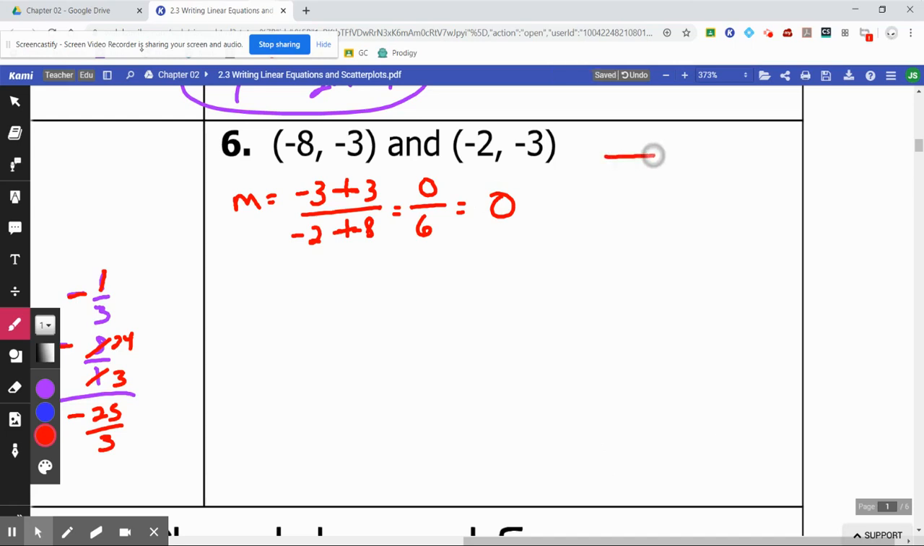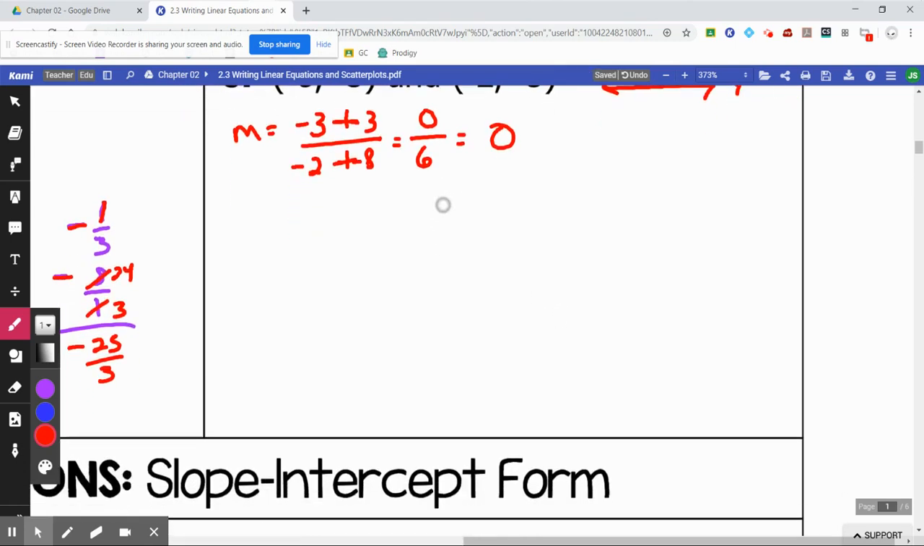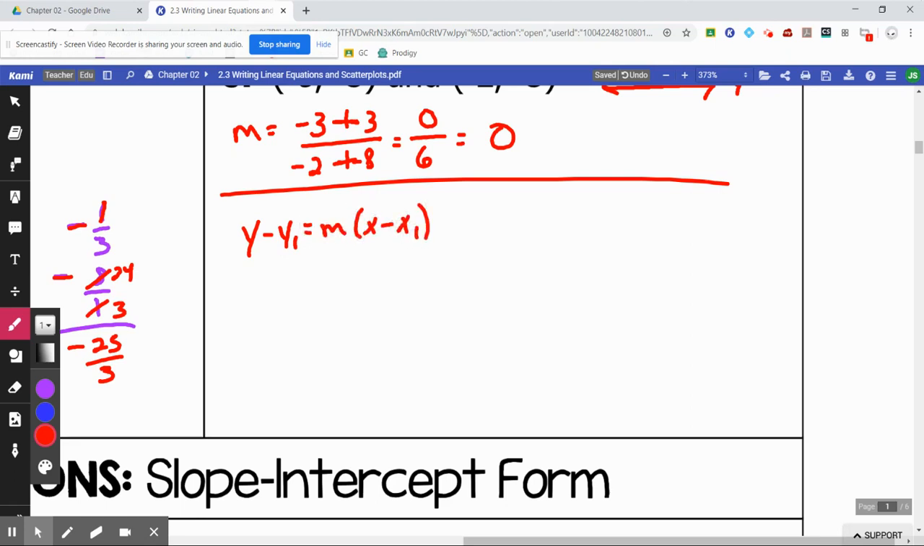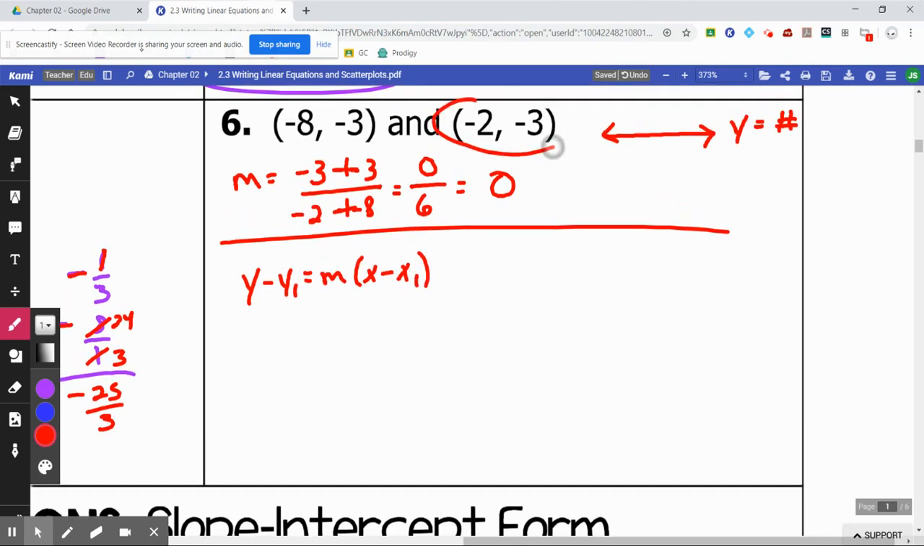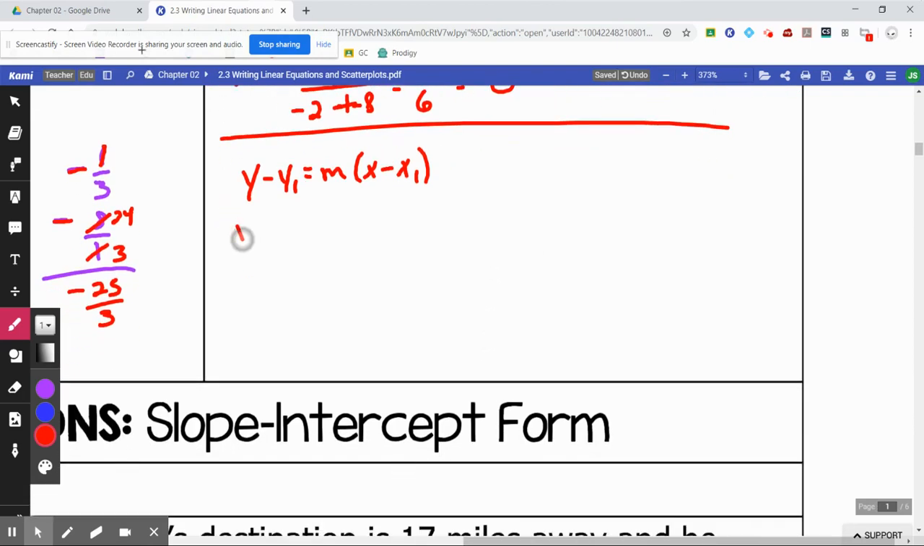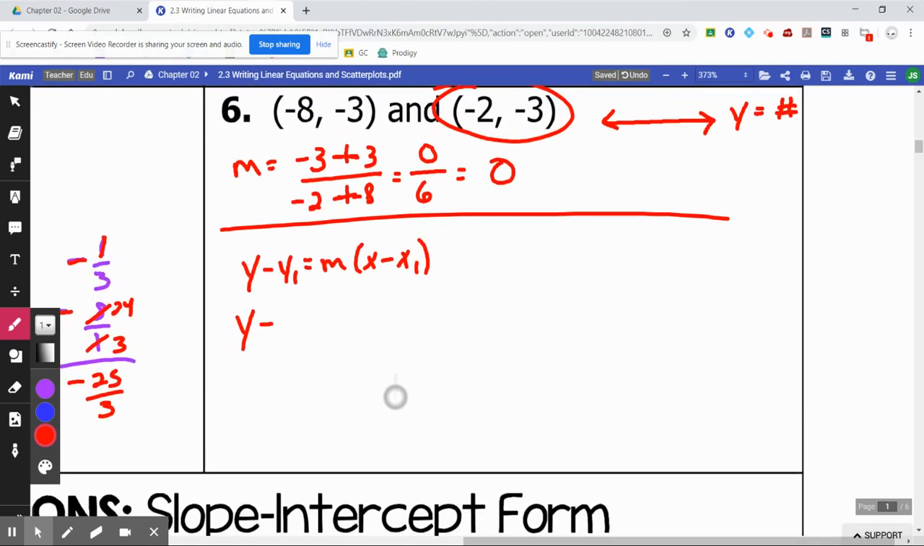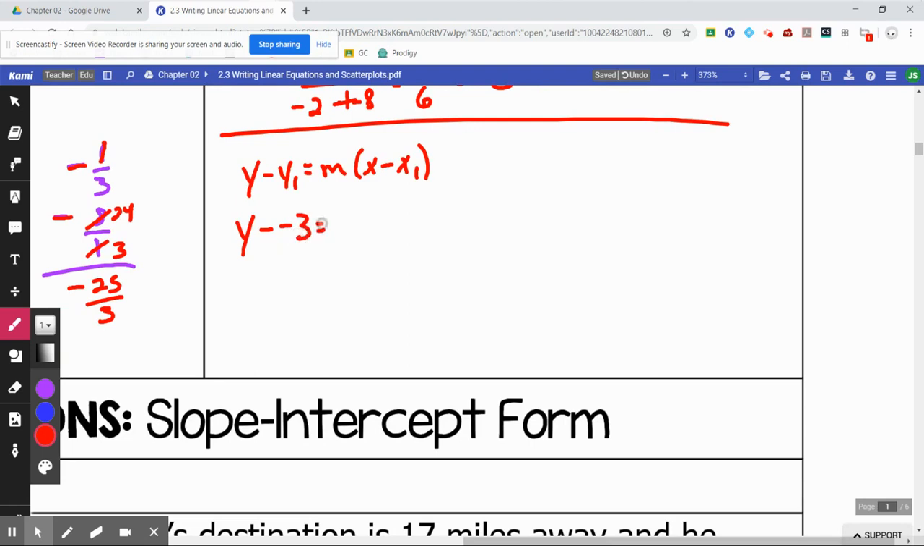If you don't remember, horizontal lines have a slope of 0. The equation of a horizontal line is y equals some number, which would make this problem so much easier, but I'm going to go through the process. We now have y minus y1 equals m parentheses x minus x1. Take either point, I'll use this one, and we have y minus, your y1 would be -3, your m was 0, x minus your x1 is